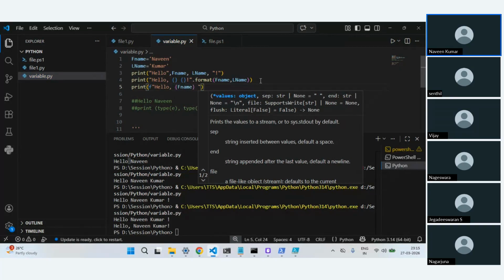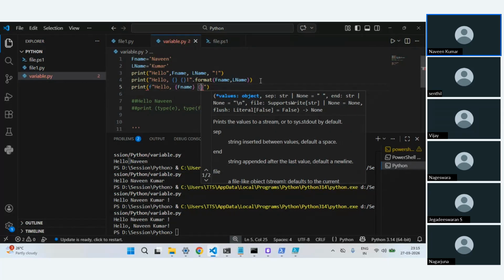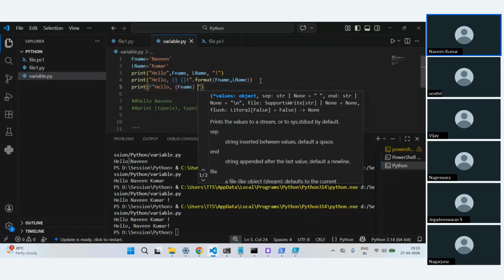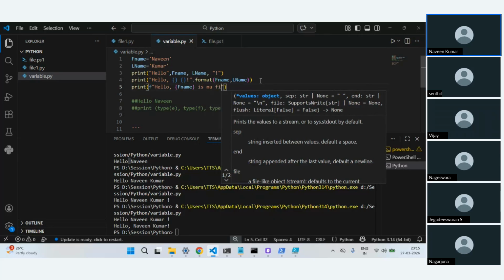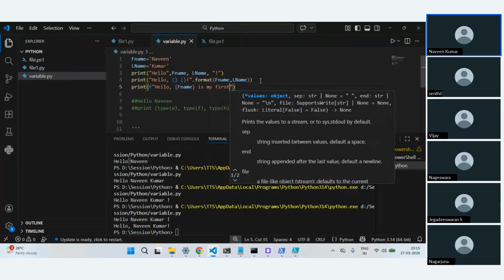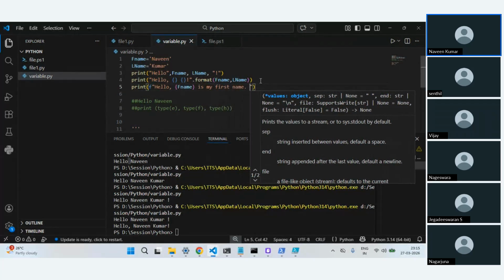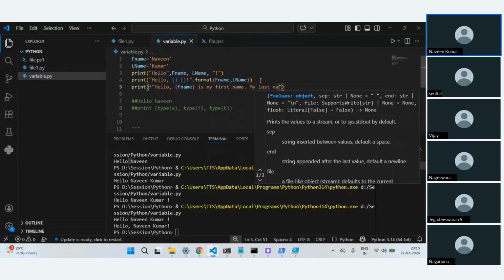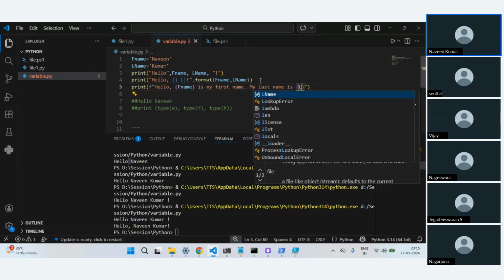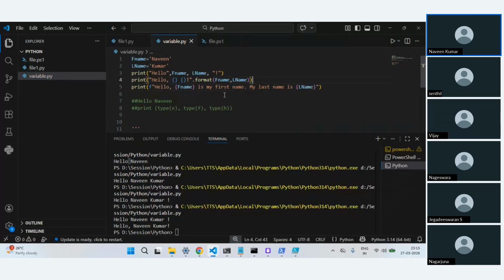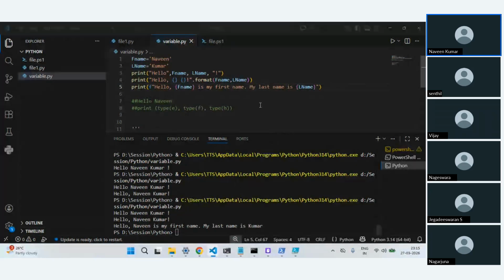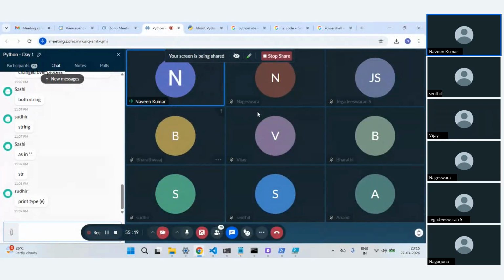Then again I can write whatever I wanted to, and I'll say this is my first name, and then my last name is, then I can call the variable like this. So this is another way of writing. This is something which you will see commonly used. Any question? Okay, no, fine.